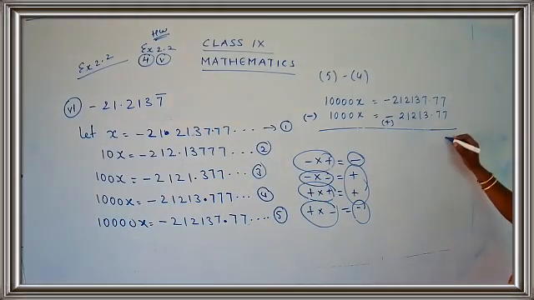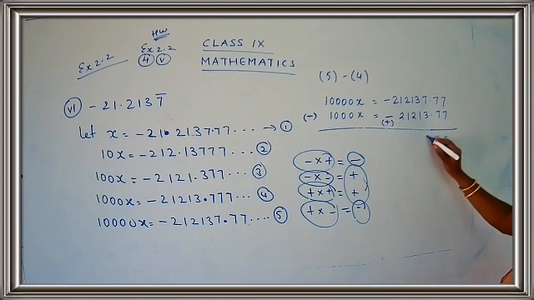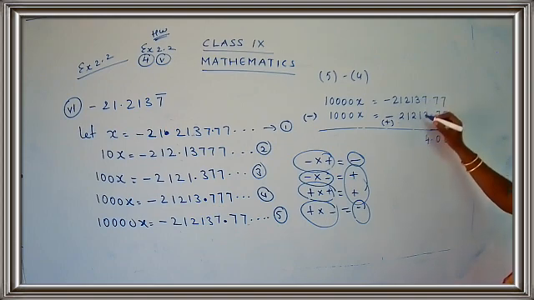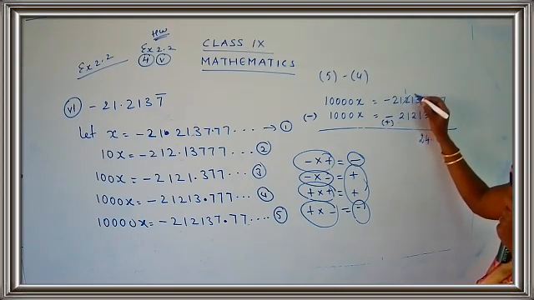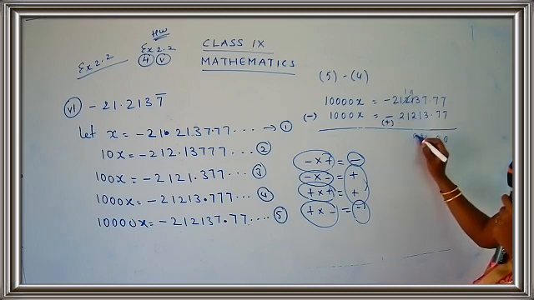So what do I get here? 0. 7 minus 7, 0. 7 minus 3, 4. Be careful children. 3 minus 1, 2. 1 is not, you cannot subtract 2 from 1. So I'll just borrow from here. So this becomes 1. And this turns to be 11. So what is 11 minus 2? It's 9. 1 minus 1, 0.